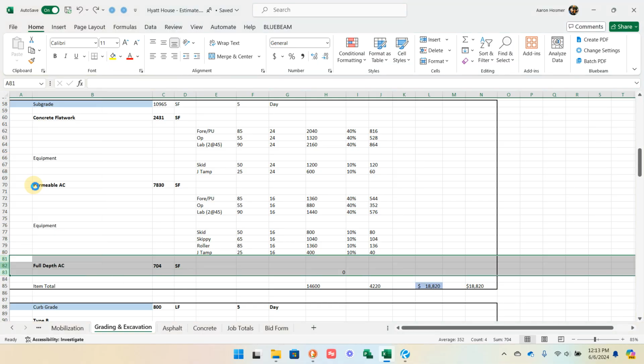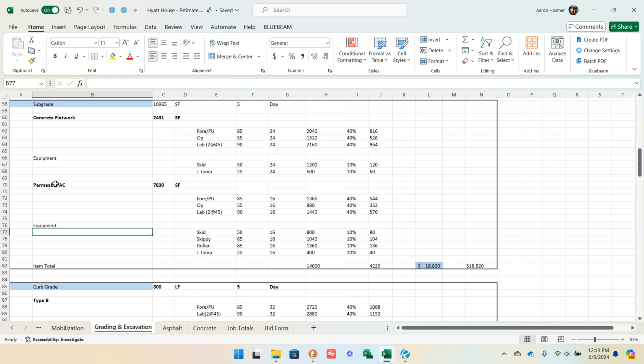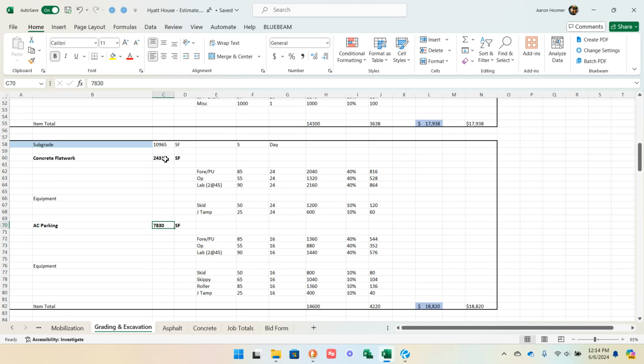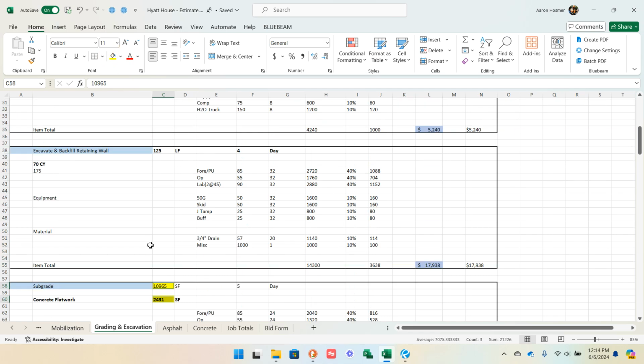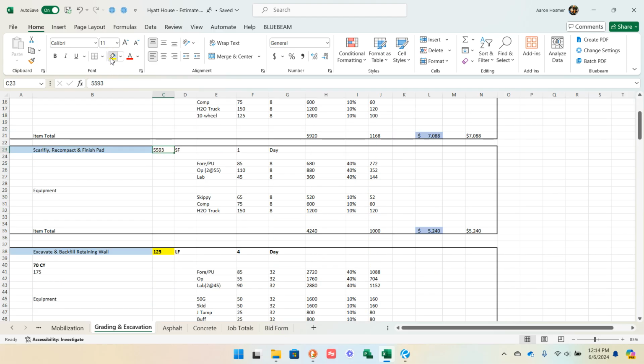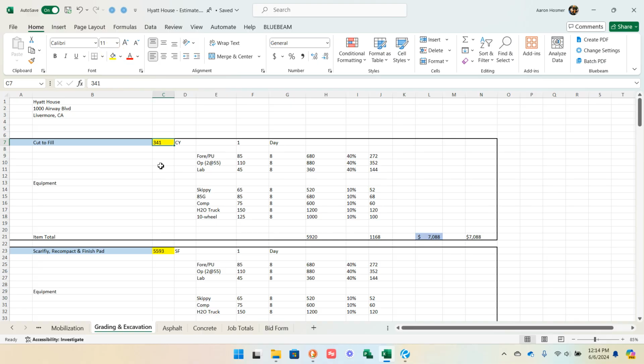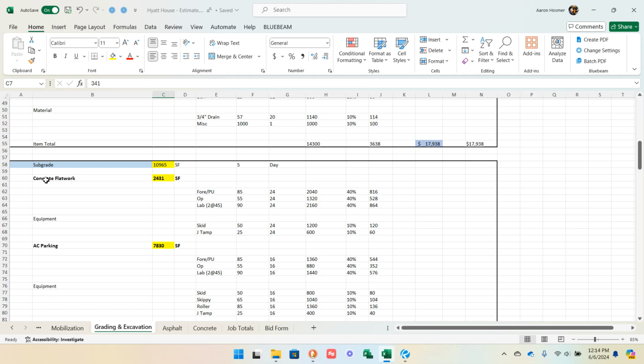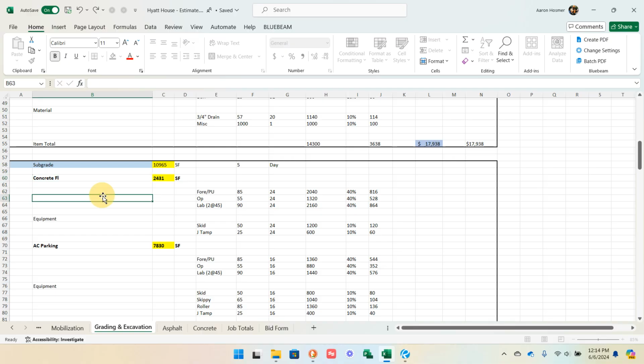So I've talked about this before, guys. I'm kind of in that broad shaping phase of the estimate where I come in and start carving broad strokes out of the estimate. As I'm doing this, also, one thing I should be doing, I highlight in yellow items that I know have to change. So I should stick to my practices and do that. This tells me, hey, come back and look at this. You're not done yet. So concrete flat work. So this is going to be, we're going to change this to,